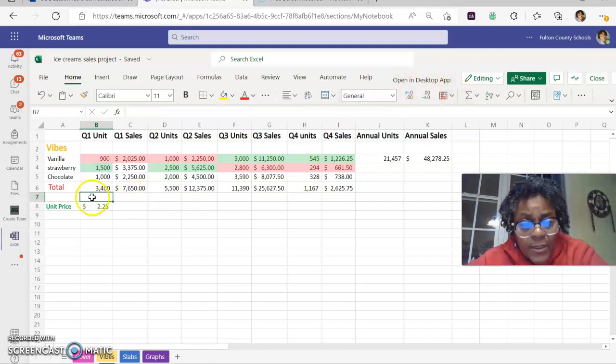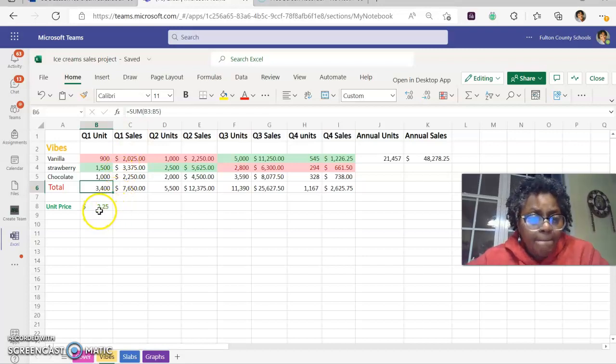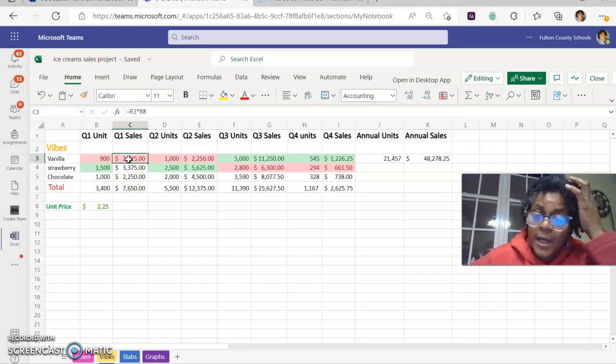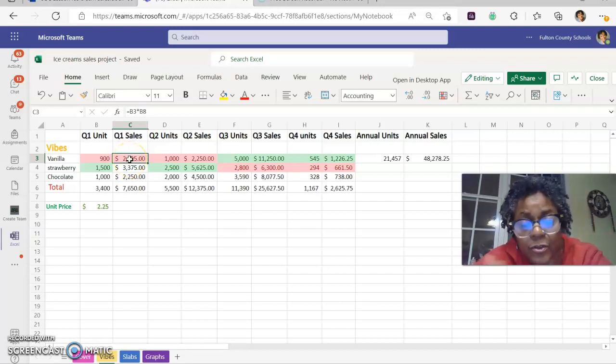So I show them that once I click here, their formula shows up here, so I can see that they have used the formula. This right here is the amount, the unit price per unit of ice cream. So again, this sales figure right here is going to be a multiplication. So I get the opportunity to teach them how to do multiplication in Excel. The formula shows up right here. All formulas begin